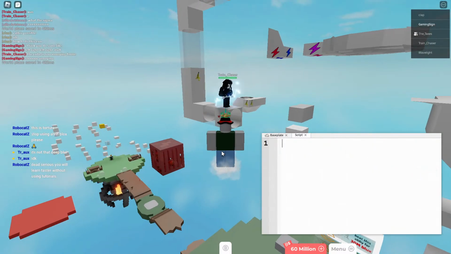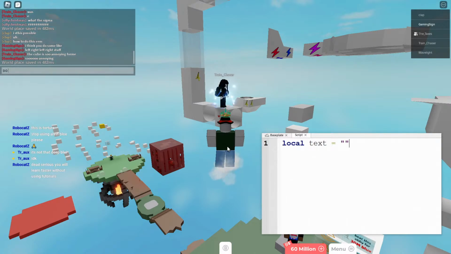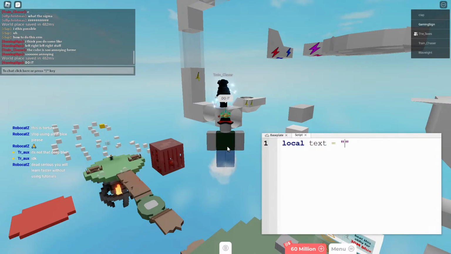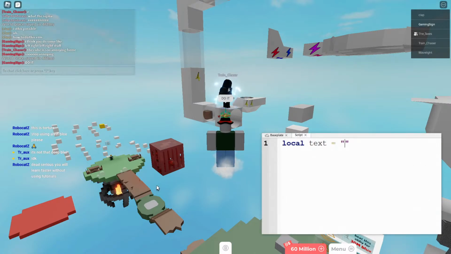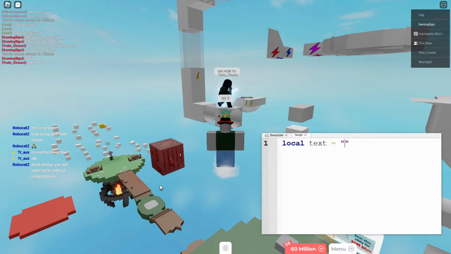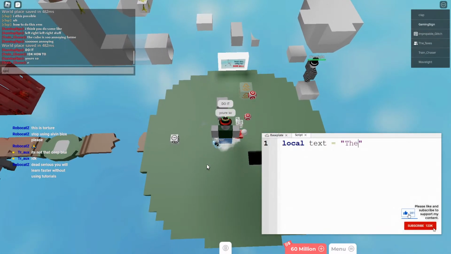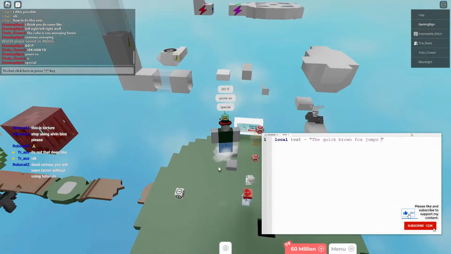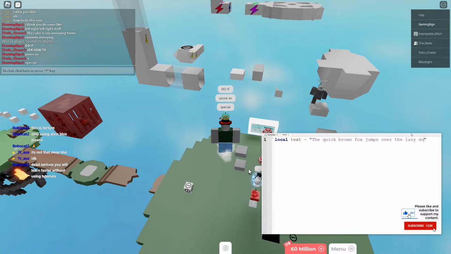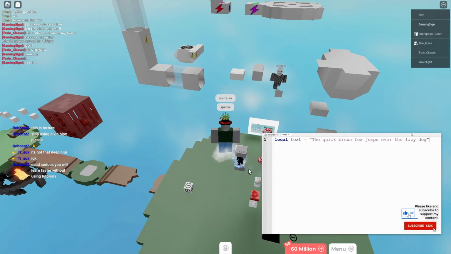So we could say local text, that could be the name of our variable, and then we could assign a string to it, okay? Because a string data type is some text, and inside of here we could write the quick brown fox jumps over the lazy dog, okay? And now,